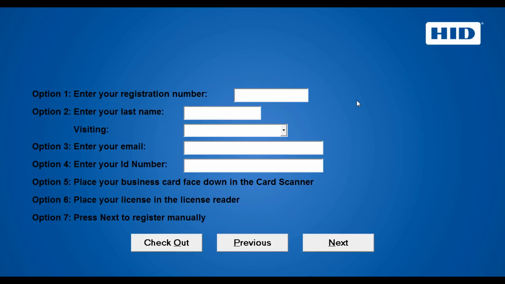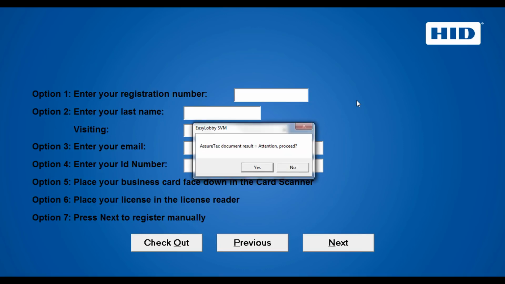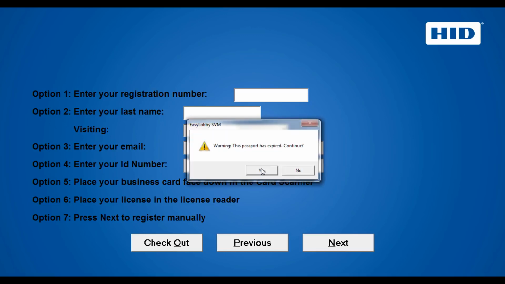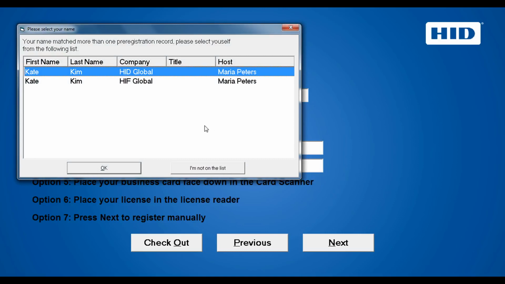So right now I'm scanning my driver's license. And the first thing that's going to happen is that the system is going to recognize that the license that I scanned is actually expired. Now, I wouldn't recommend having this on a public-facing kiosk because I think these messages can confuse somebody, but it is really nice if using an expired document is something that you can't allow a visitor to enter your building with. I'm going to say that it's okay, and then you can see here that it's looked me up,